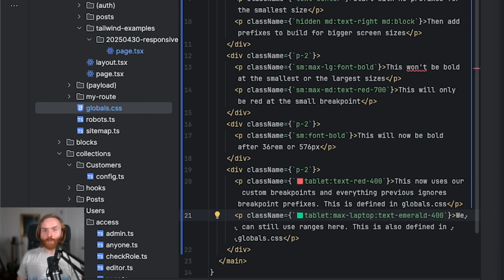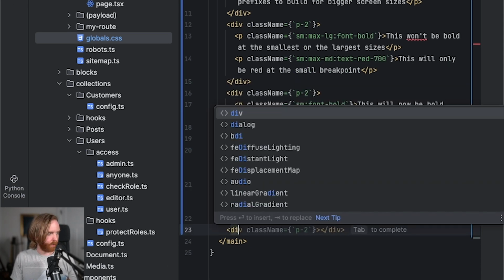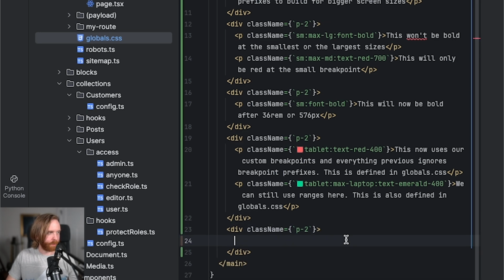You can also use arbitrary values to define max and min widths by using the max and min variants. You'll use square brackets like all other arbitrary values for variants. You can use advanced CSS features like calc in here as well to create highly customized designs using your own values. Now to show this off, I'll again create another div with the class name of P2,